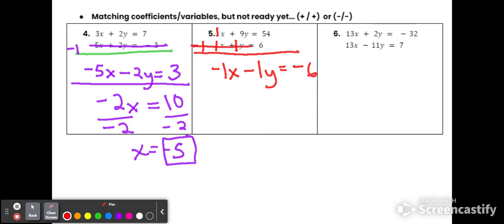So now we are ready to use that top and this one. So we have 1x plus negative 1x. They are eliminated. Positive 9 and negative 1, positive 8. And we have 54 plus negative 6. That's going to give us